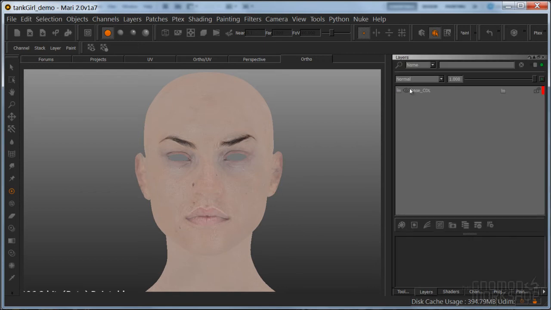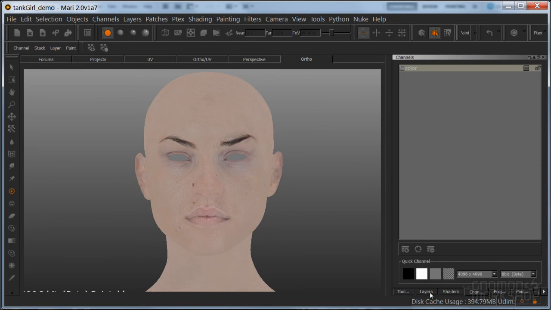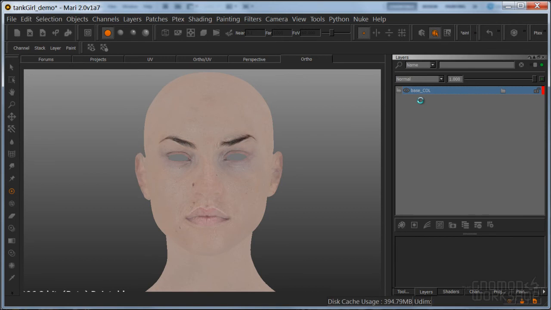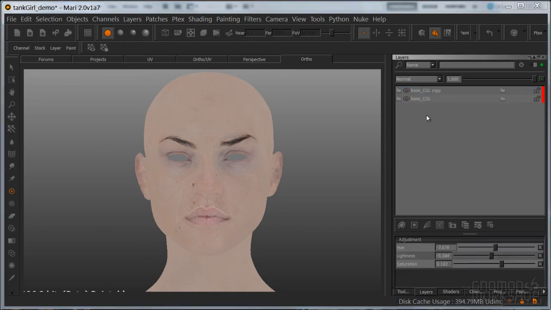So I can do it in here, or I can go into the layer stack, right click on this layer and duplicate it. I can copy and paste, Control C, Control V. And it's going to take a second, and we'll duplicate this entire folder. So I'm going to do this method first and see how it goes, and then we may switch to going the channel route. There we go. So I'm going to grab this folder here